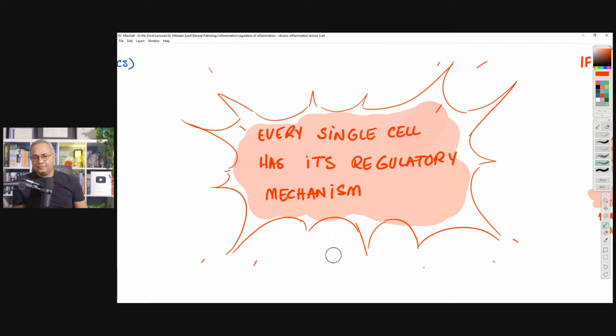So every cell, every protein. You would say, well, the immune system has proteins. Yes. For example, B cells produce antibodies. Antibodies are proteins. For example, when the innate arm becomes active and interleukins are produced, those interleukins go and act on the liver, and the liver produces what we call acute phase proteins, for example C-reactive protein. So yes, there are proteins that take part in the immune system. There are cells that take part in the immune system. All of those cells and all of these levers have regulatory actions on them. Okay, continuing.